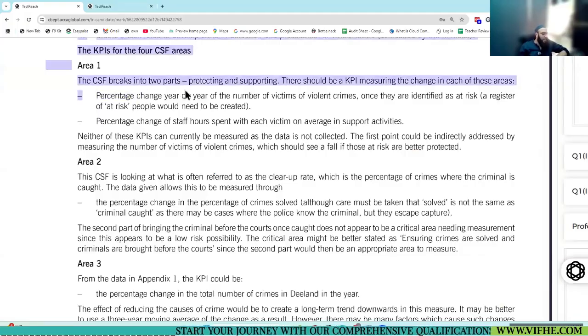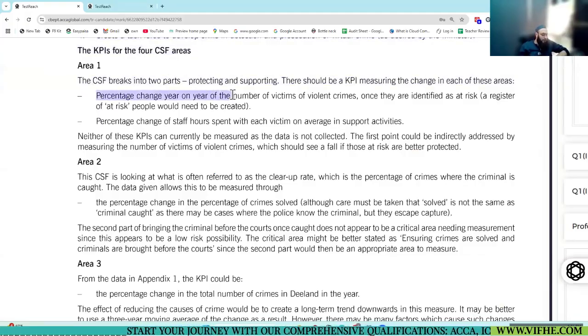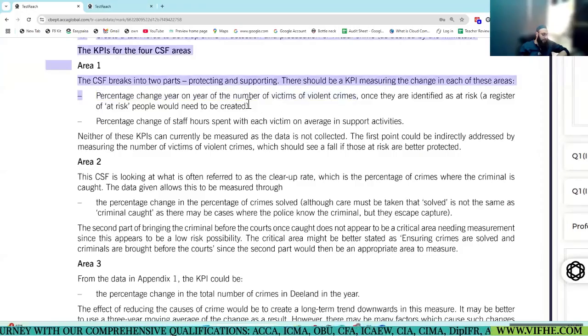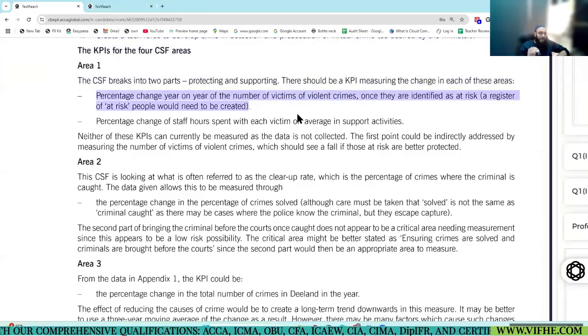Percentage change year on year of the number of victims of violent crimes. Once they are identified as at risk, a register of at-risk people would need to be created.